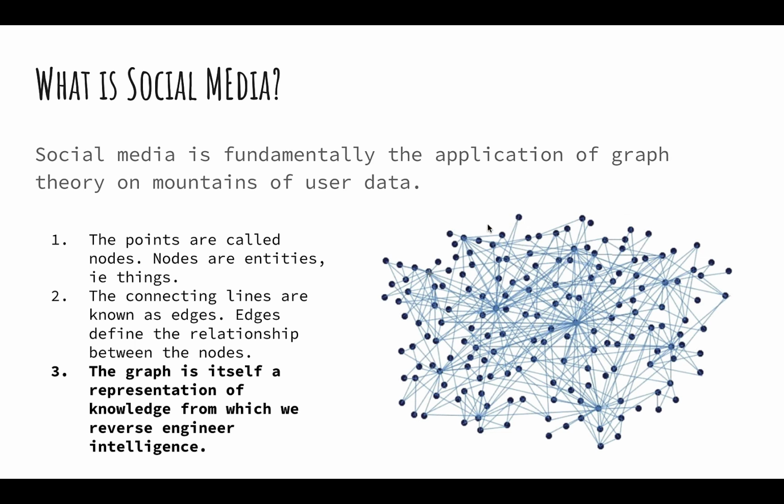Each of these little points is a node in the graph, and nodes are like entities. They're things. And in a lot of cases in social media, it's you, but then it's also your relationship to other people. It also has other things like likes and interests. And this forms a massive knowledge tree or ontology. The lines connecting all these entities are known in graph theory as edges. And edges define the relationships between the nodes, right?